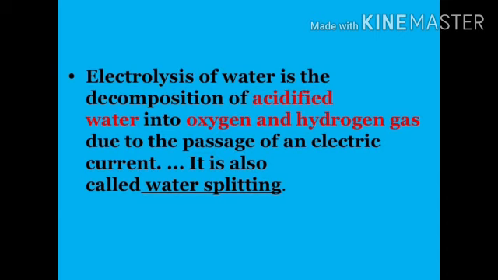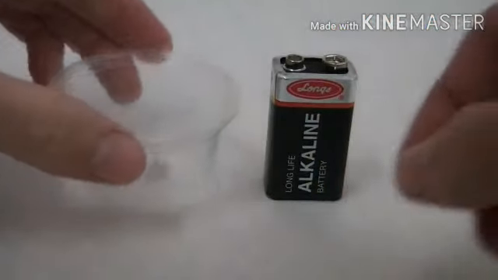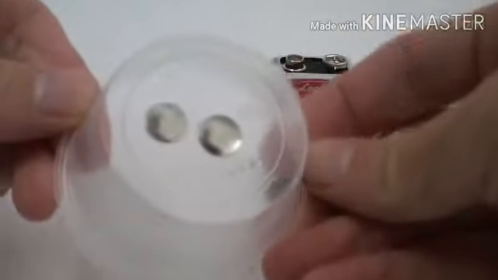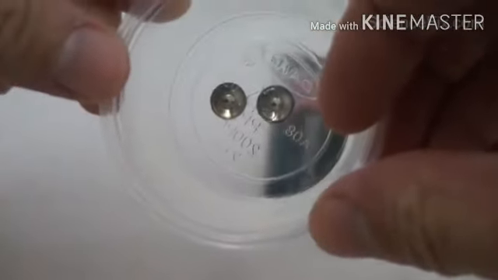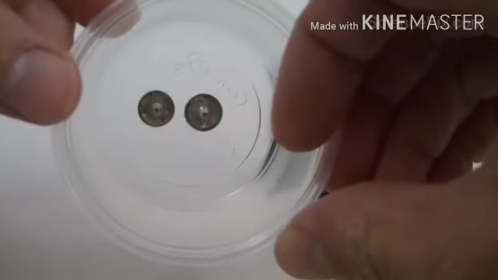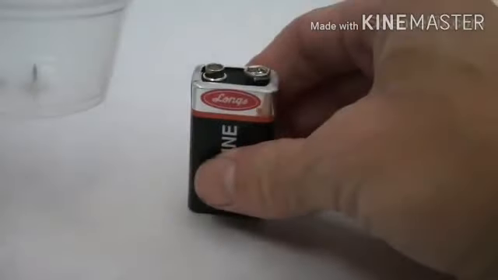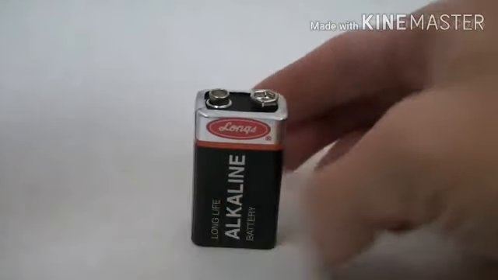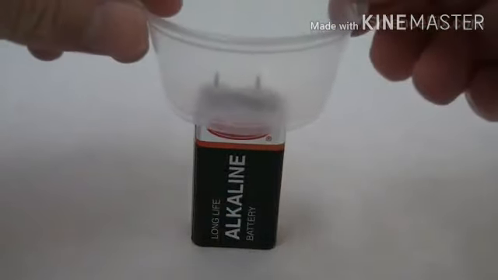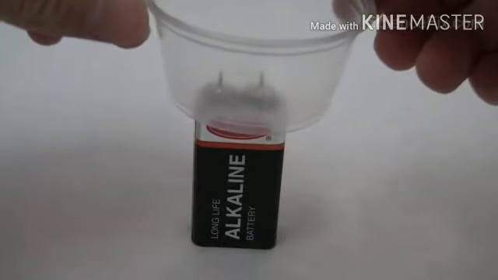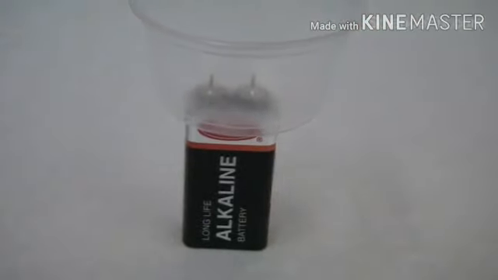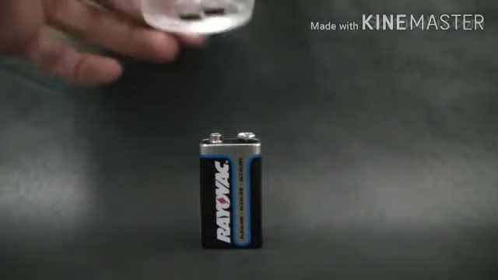Students, would it not be exciting to perform the experiment on our own? Here I take a small plastic container. You must be having one such at home. Along with it, 2 metallic pushpins are fitted into the container with some space between them such that they match the distance between the terminals of the battery, that is the positive terminal and the negative terminal.